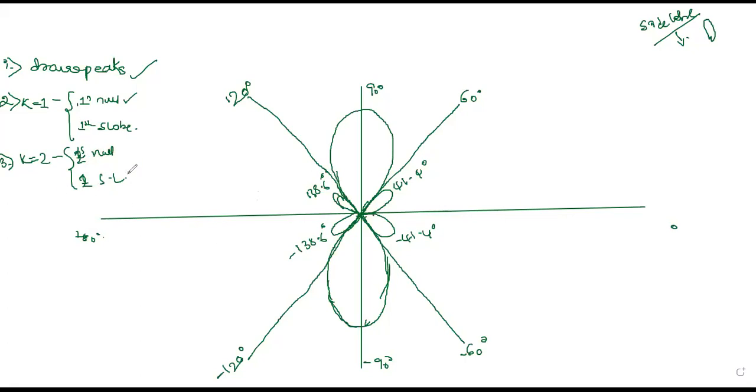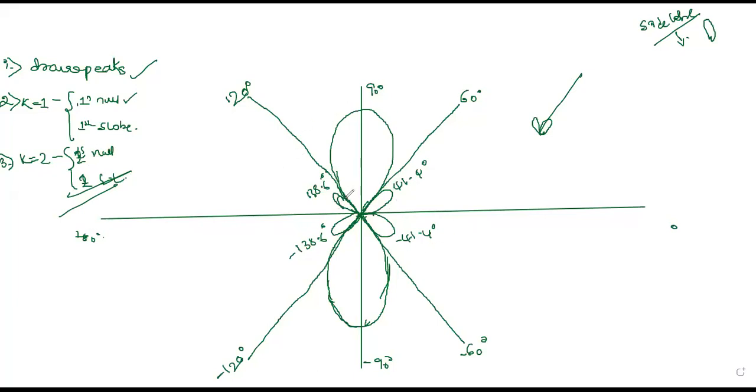What about side lobe for k is equal to 2? Error, ma'am. Invalid. You can just see the figure and you can say you cannot expect one more coming. That is because every time your side lobe exists between your null directions. So already a major lobe is there. After the major lobe, you have a side lobe. Then you have a null direction. After the null direction, there is again a side lobe occurring. You cannot say there is one more side lobe which has to come in between this. So until you get one null and one side lobe, your complete pattern will be done. So this is how you draw the pattern.